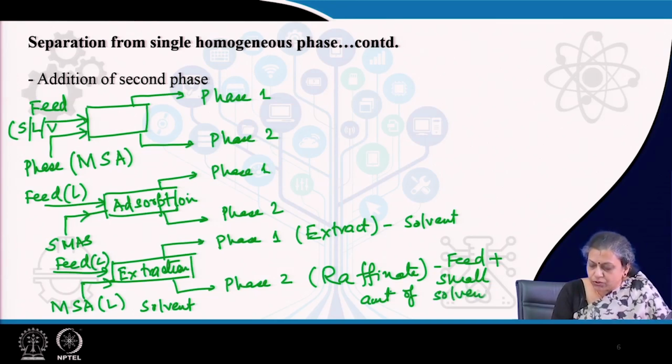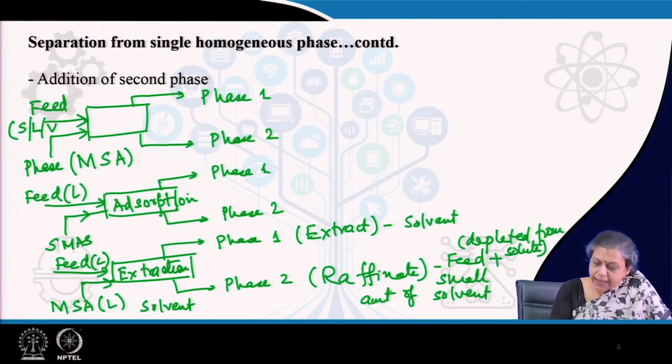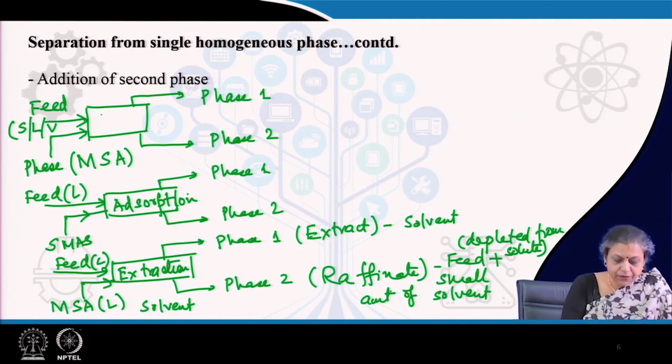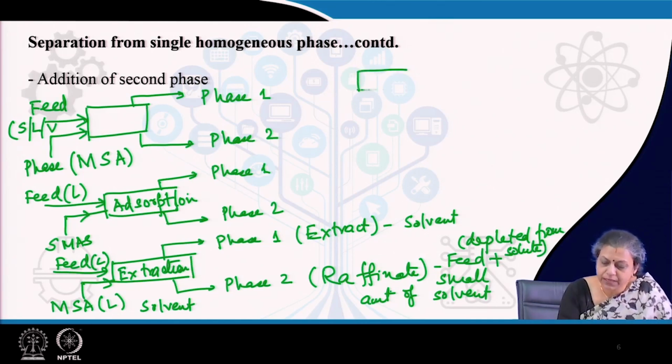So, with a small amount of solvent, this feed is depleted of the solute, because a good amount of solute has gone into the solvent and it forms the extract. Therefore, if we have a liquid feed, we can perform different operations. One, we can perform adsorption when the MSA is solid, extraction when the MSA is liquid, and we can also